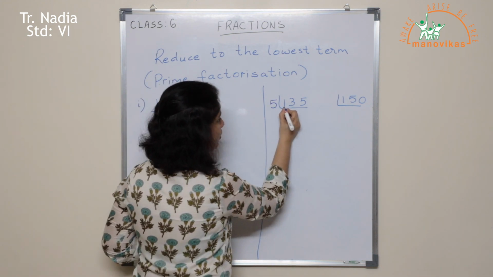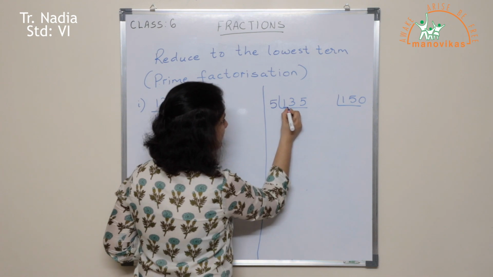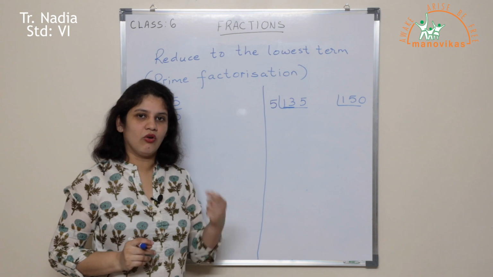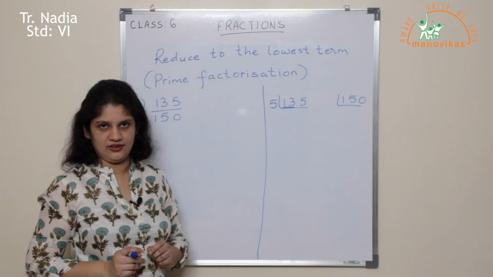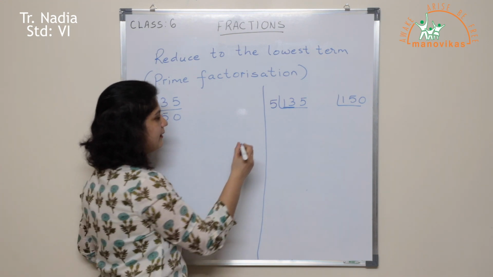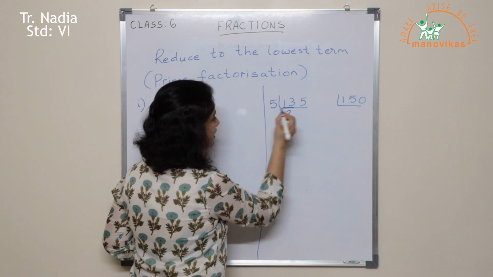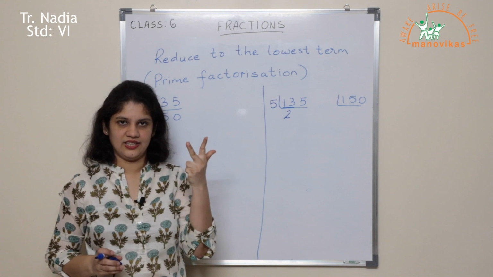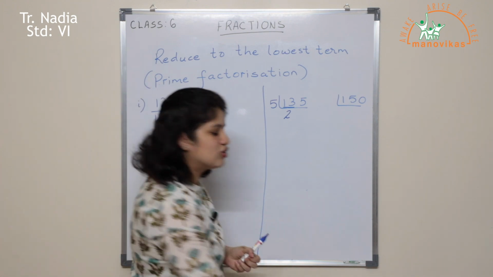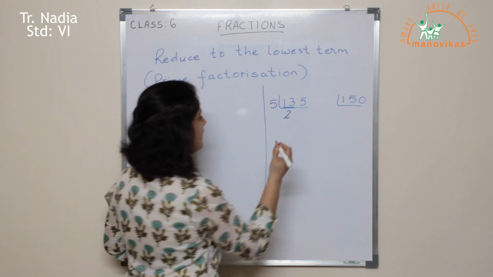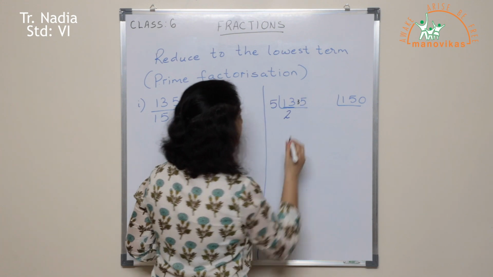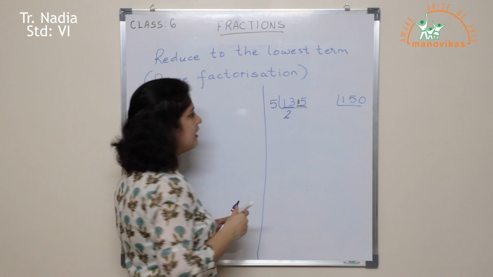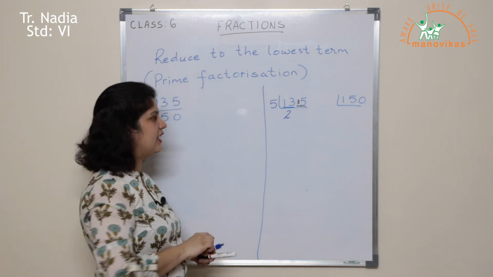I cannot take only 1 and do my division, so I will take the number 13. 5 multiplied by what is closest to 13? 5 2s are 10. So 5 2s are 10. But the number is 13. So I have 11, 12, 13. 3 extra. So this 3 will go to the neighboring digit and the neighboring number will now become 35. The 5 multiplied by what will give you 35?